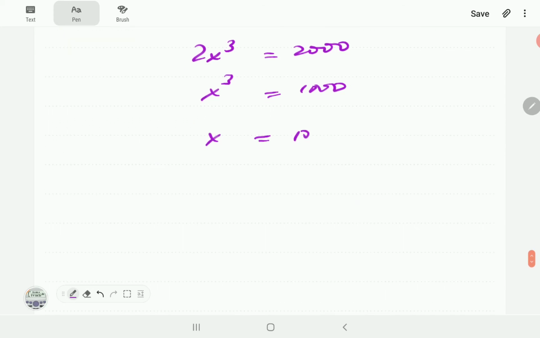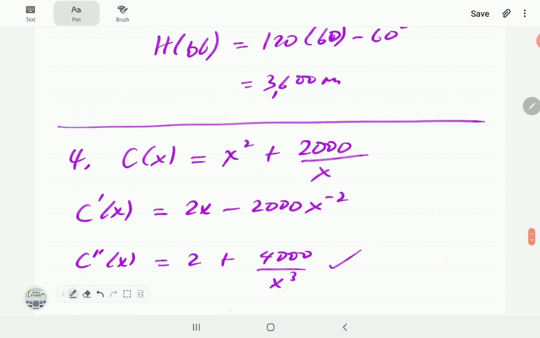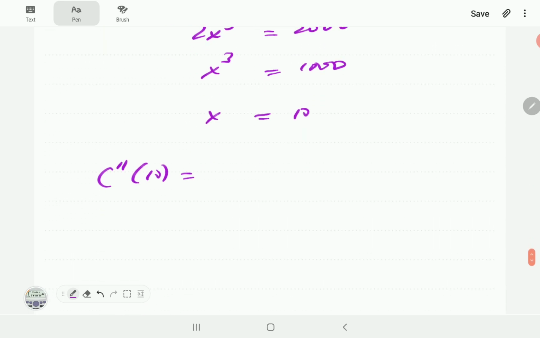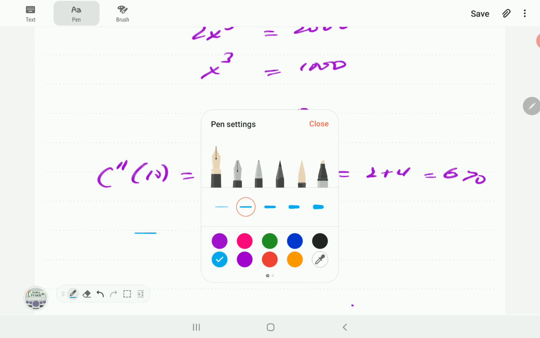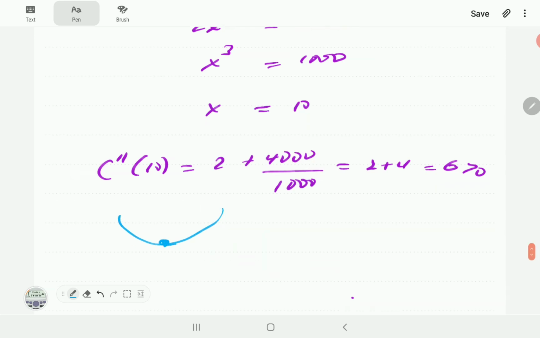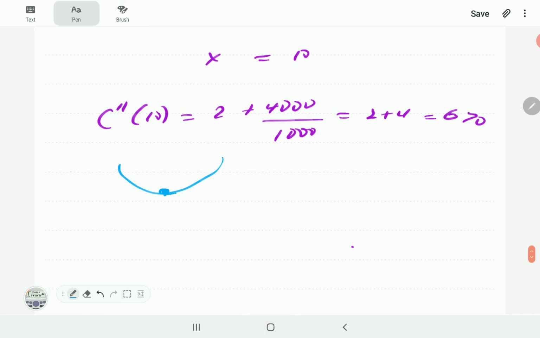So is this a maximum or a minimum? We're going to have to substitute this into the second order derivative. Here is the second order derivative. So it's going to be 2 plus 4,000 over 10 cubed, which is 1,000. So it's going to be 2 plus 4, which is 6. It's greater than 0. So that is telling us that at that point the graph is concave up. So that is giving us a minimum. Okay, so x equal to 10,000 units